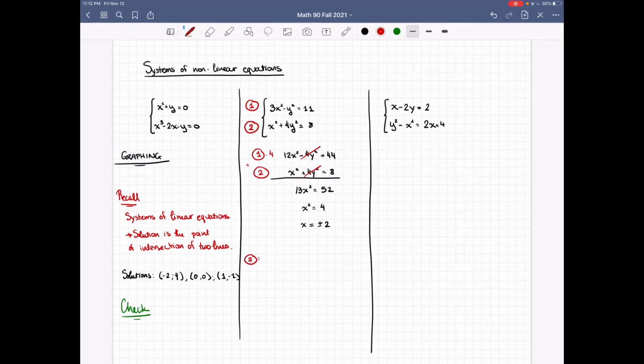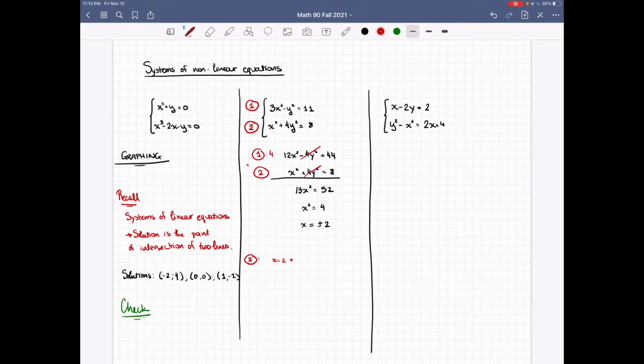The reason I'm looking at the second equation rather than the first is mostly random, but partly because in the second equation, x squared is by itself, so it might be a little easier to work with. Remember, x can be either 2 or negative 2, so we're going to look at both situations. So if x is 2,